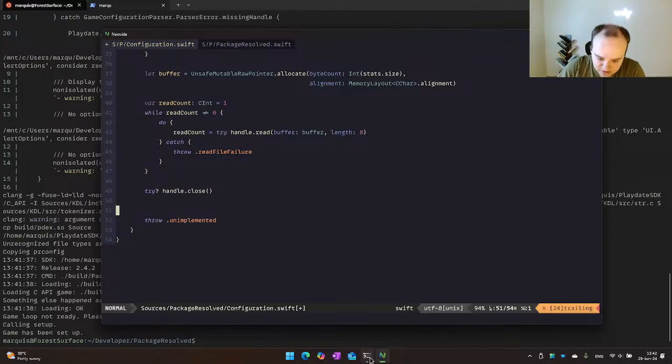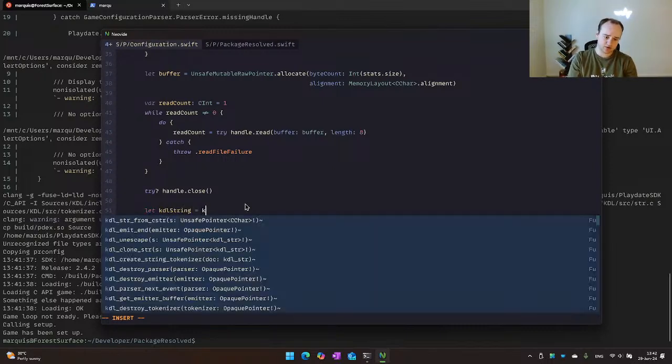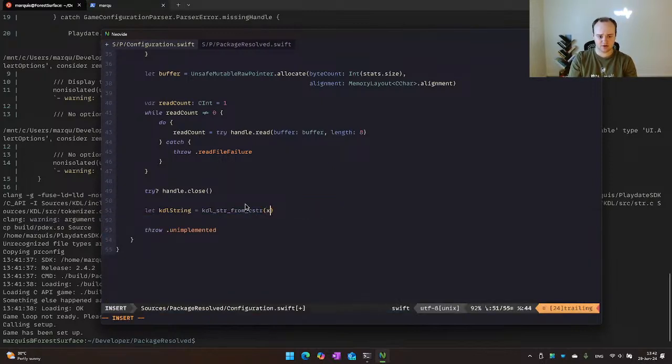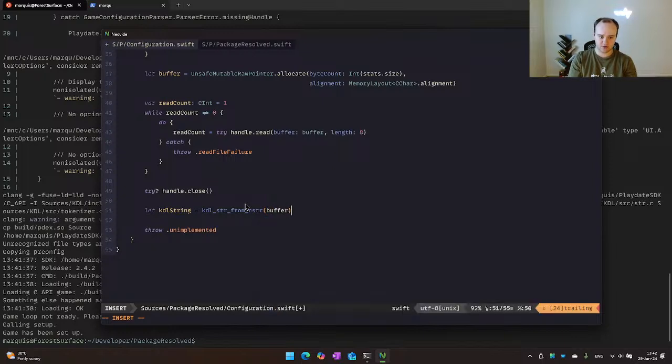Okay, you're just being rude. Let cuddle string then equal cuddle string from C string, and then can we just do buffer here?